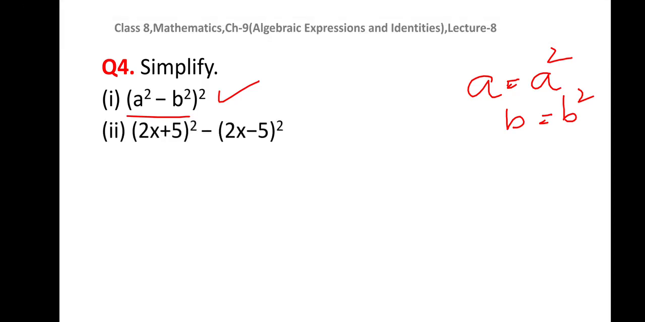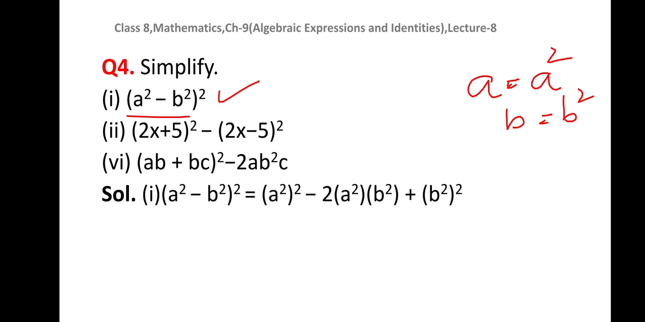This is your second part which I will be solving. This is your sixth part which I will be solving. Let us see the solution of these three parts. Solution of the first part is, as I told you, we are supposed to use identity number 2. So it will be,